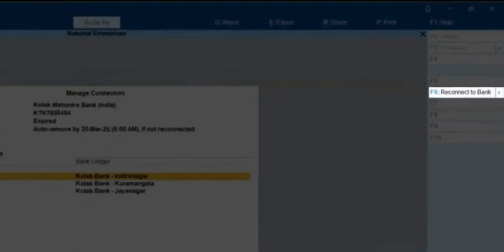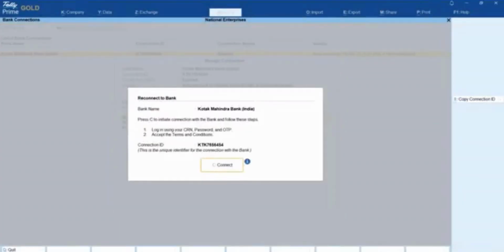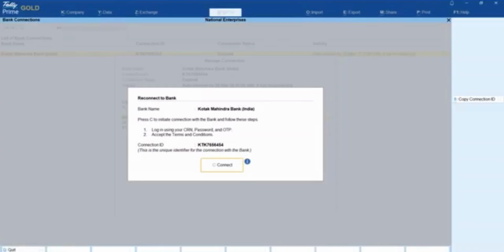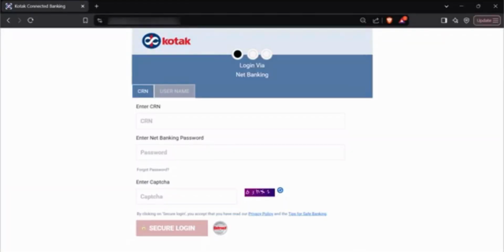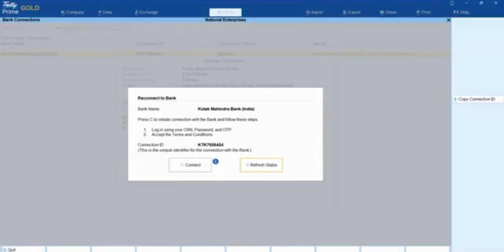Press F6 to reconnect. You can see that a connection ID gets generated. Press C to connect and you will be redirected to the Kotak Mahindra bank portal on your web browser. You can now establish the connection between your bank account and Tally Prime.